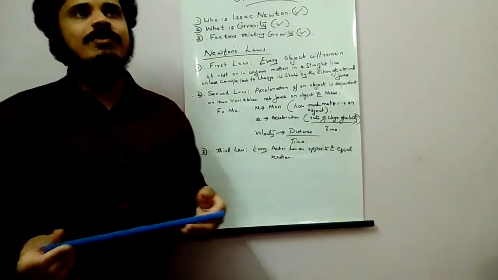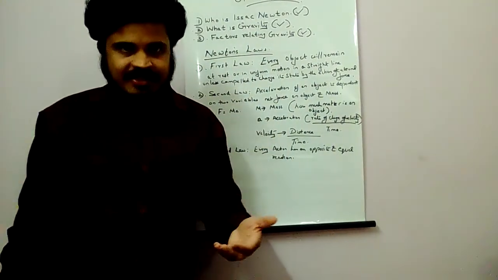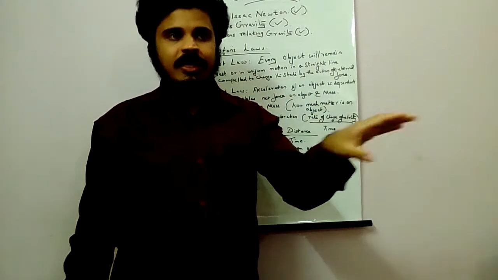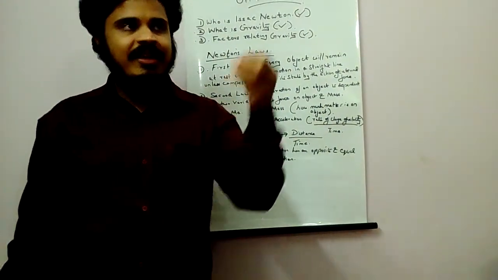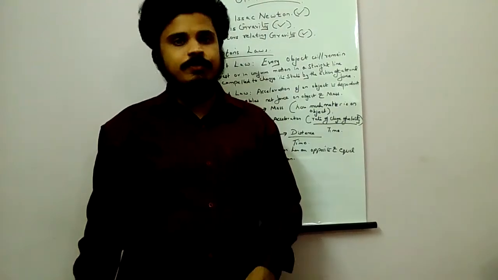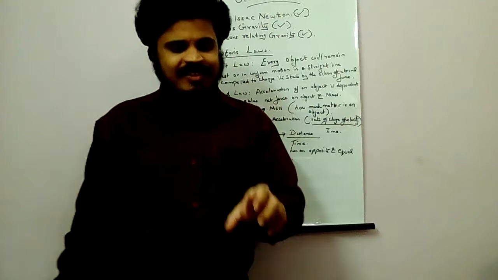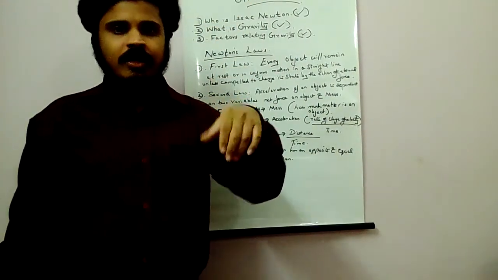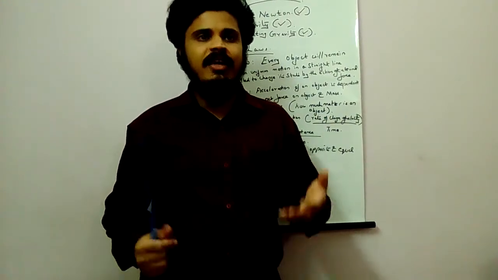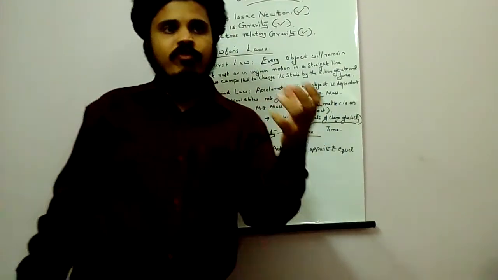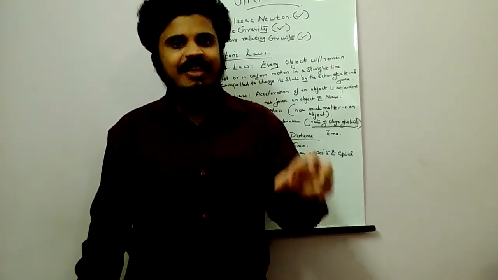Isaac Newton was an English scientist who discovered gravitational force. The story suggests that when he was sitting in a garden below an apple tree, he noticed that suddenly an apple fell onto the ground. He thought, why does this apple fall onto the ground? Why does this apple not move towards the sky? He did a lot of research and studies, and finally he came to a conclusion that there is a force of attraction because of the earth's surface, and this force of attraction is the gravitational force.